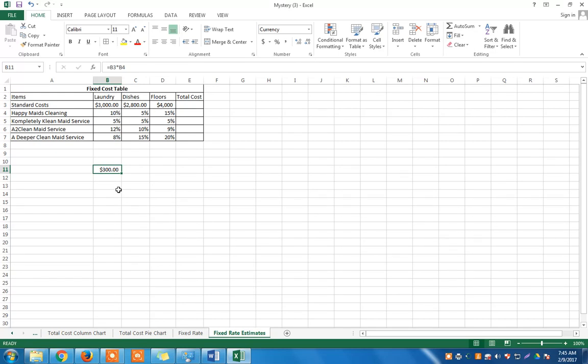Very easy. Okay, so what is this saying? It's saying that the Happy Maids cleaning company is going to give us $300 off this 3,000. So they're not going to charge us 300. No, we're going to minus this 300 from the standard cost 3,000, which is going to give us 2,700, and that is how much they're going to charge. So let's display that here. Okay, so we know the first formula is simply B3 times B4, but that gives us 300, so we have to minus B3. So for example here I would say B3 minus,